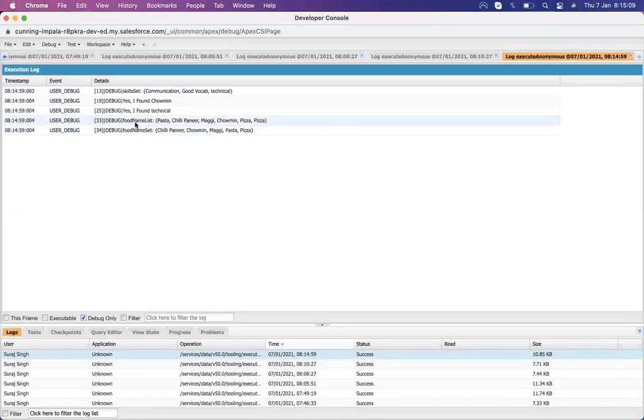As you can see, the food name list contains pizza twice, and the food name set does not contain pizza twice, because that's the difference between a set and a list.